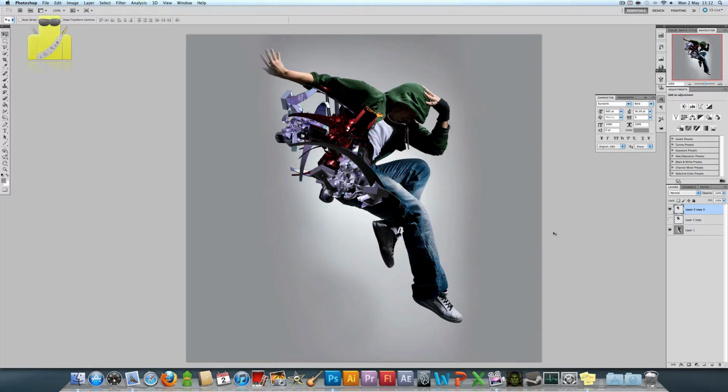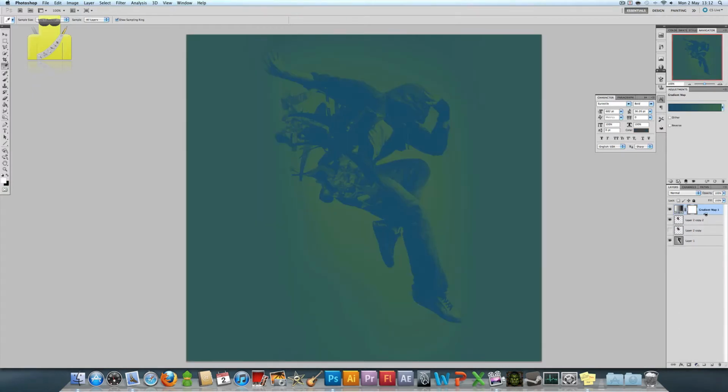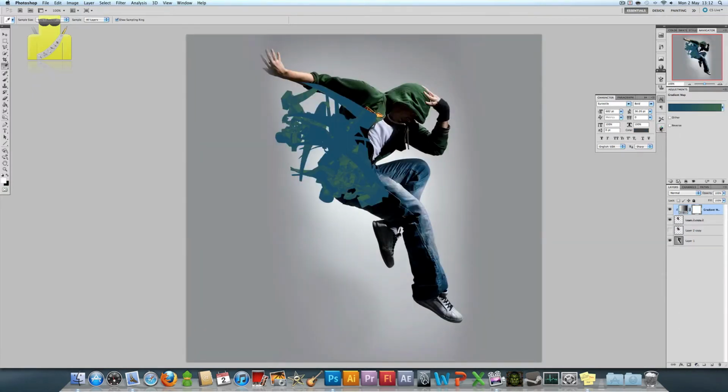Just had an idea actually. I could alter the colors slightly. So this is something you can do if you want to use it in this way, to extend the person or the picture. So I'm going to pick two colors, the green from his hoodie and the blue from his jeans. Apply a gradient map of that, and then apply a clipping mask to the layer below so that it's just on the render. And then I could set this to color or hue,